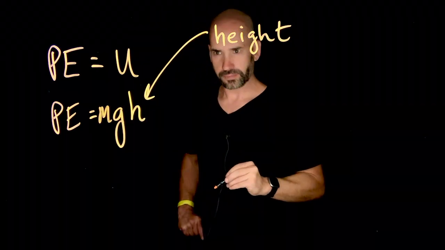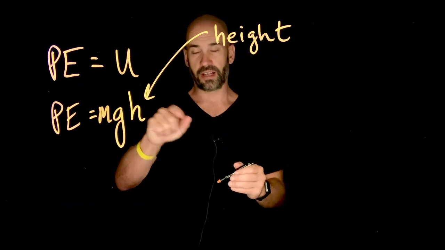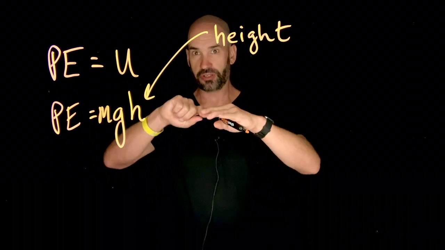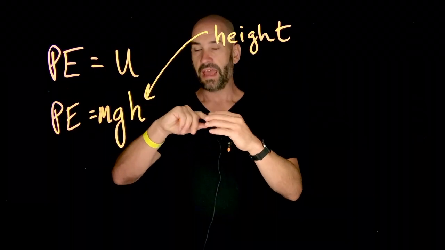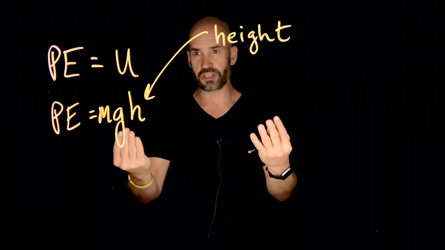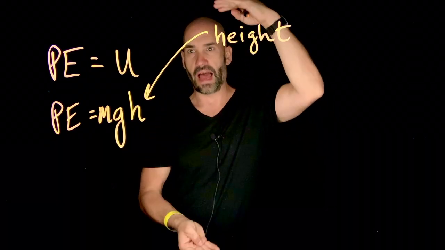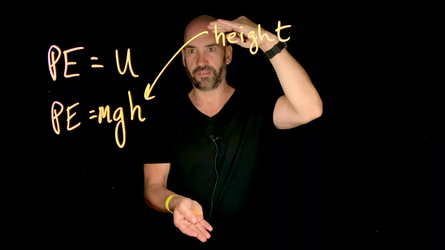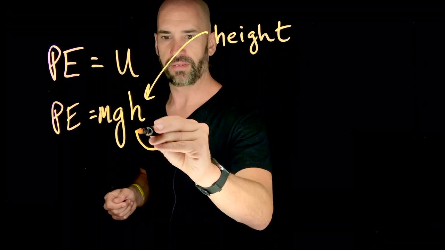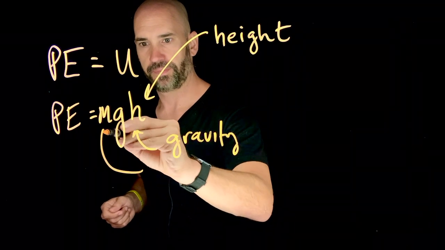Okay? So I am positing to you that potential energy is due to mass of an object, how many kilograms it has, how much material it's made out of. G, what is the gravitational acceleration of the planet that we're dealing with, right? And H, how high above some relative position are you, okay? And that'll be our potential energy. So this is gravity, and this is mass.